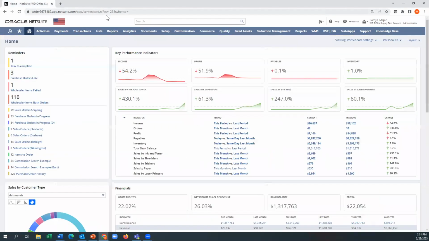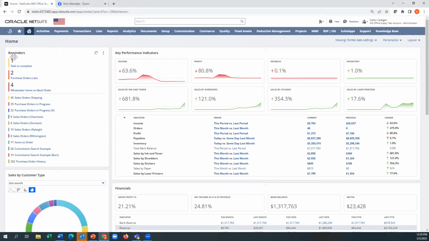What does that really mean though? That means I can create my own key performance indicators. All I'm doing is using a field, an attribute on the item to group by. These could be the same attributes that you get from Ascendant or SP Richards, could be ones that you've done yourself. So we can see that we have various reminders here, one being, purchase orders are late, so coming in from a supplier late. We can see wholesaler items on back order.